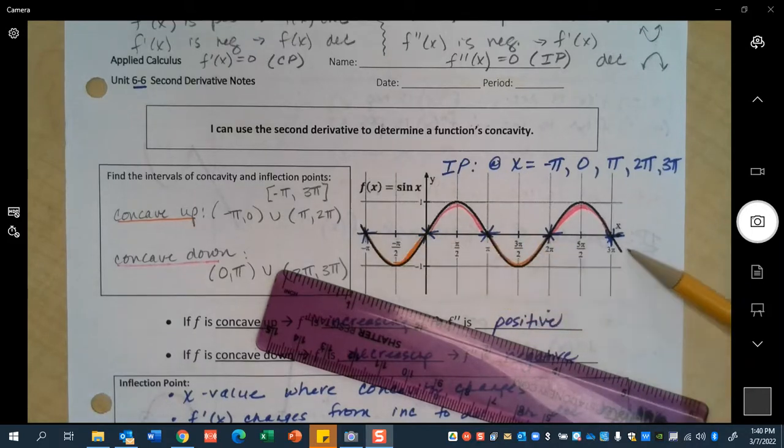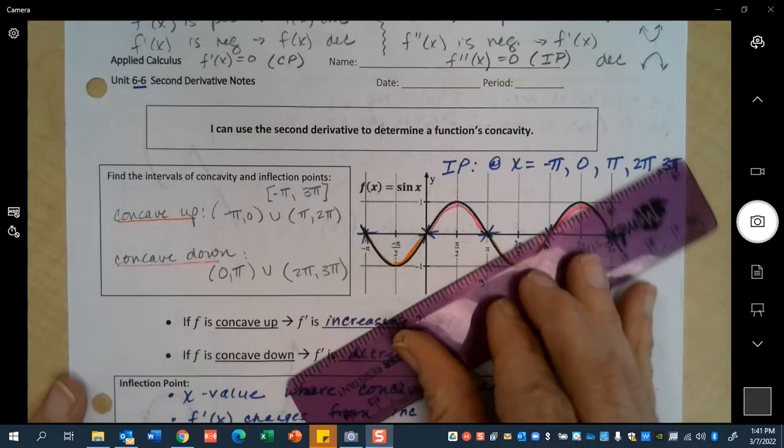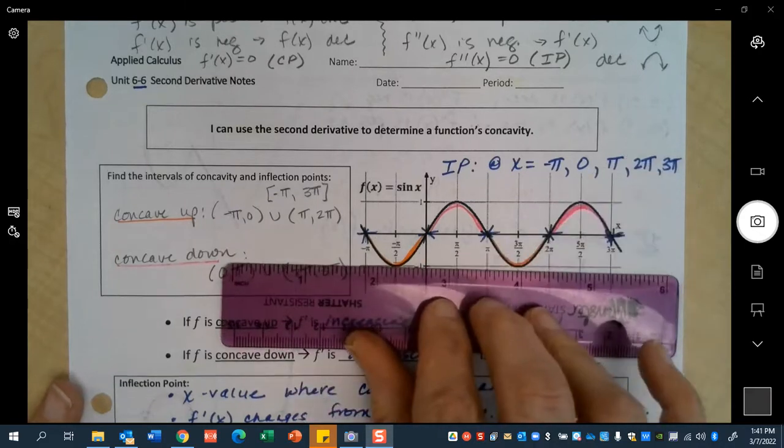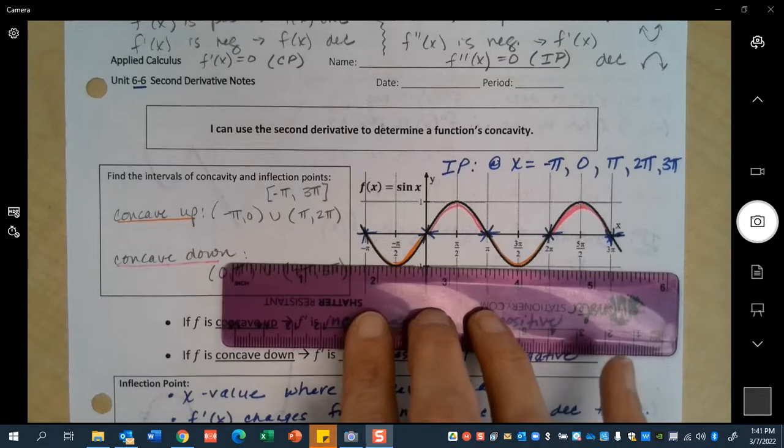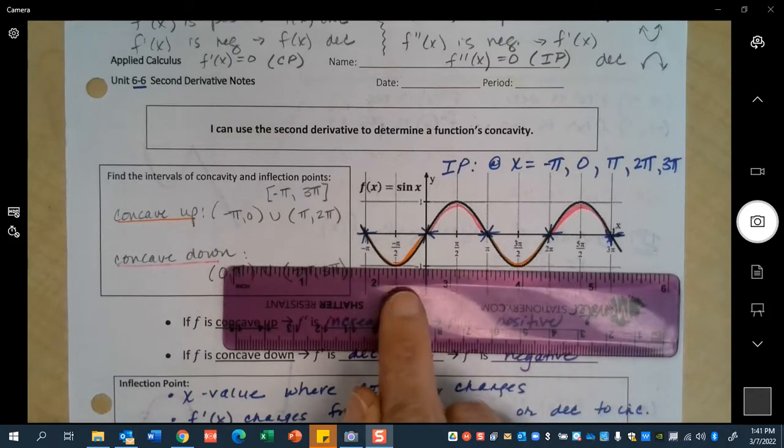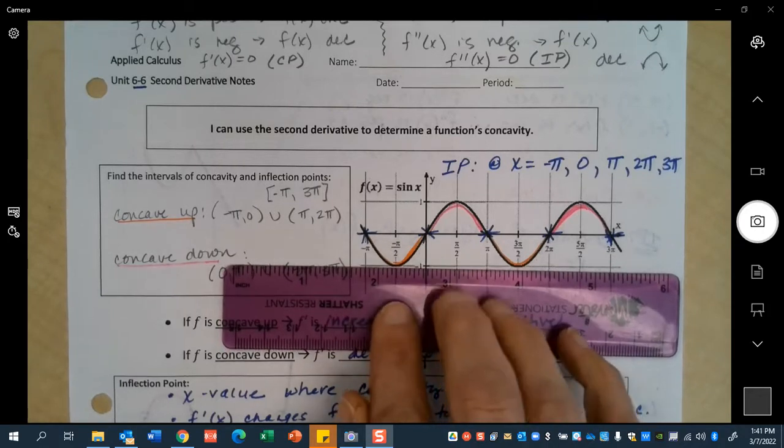All right, so Isabel asks, I'm curious about these inflection points. These don't necessarily make sense to me. So listen while we go through this and see if this makes sense. Do you understand that when my tangent line has a slope of 0, that's a local min or max? Okay. So what ends up happening is if I were to graph or to look at my derivative values, here